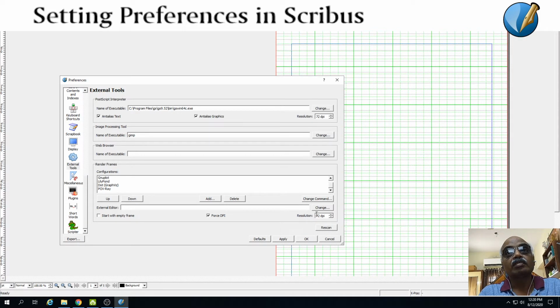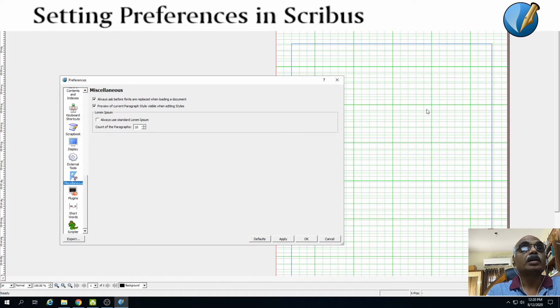And then resolution, you set to 72 dpi, that is the resolution of the screen, so that you will get a resolution which causes minimal strain to your eye. Then never forget to click apply for your settings to be applied.